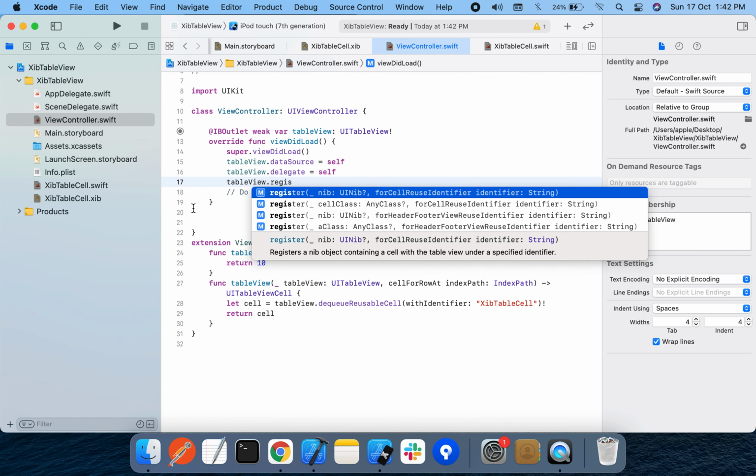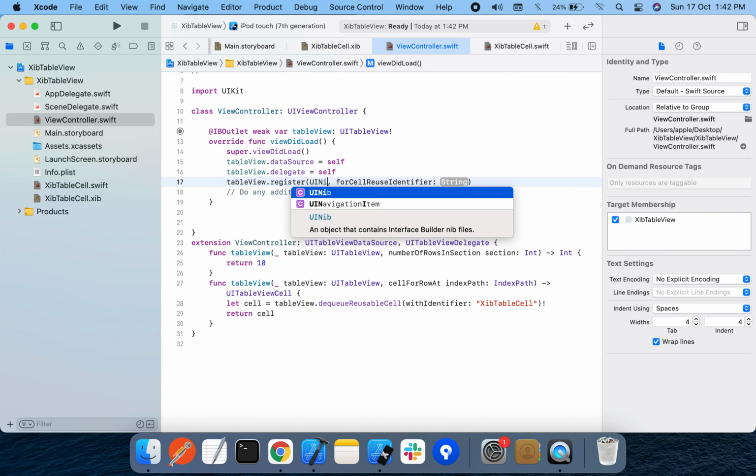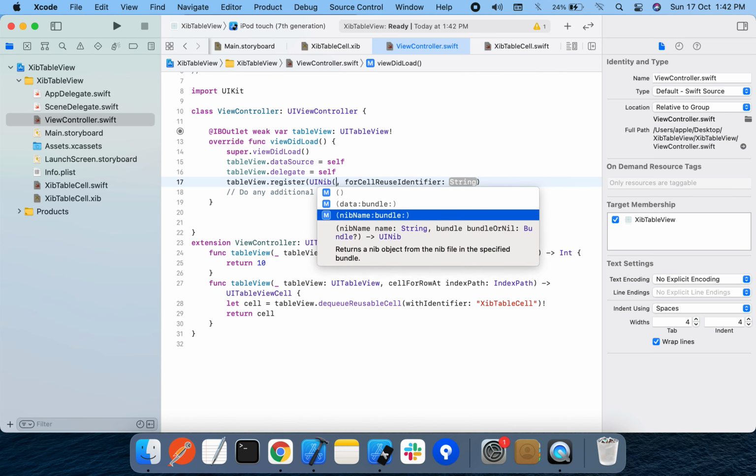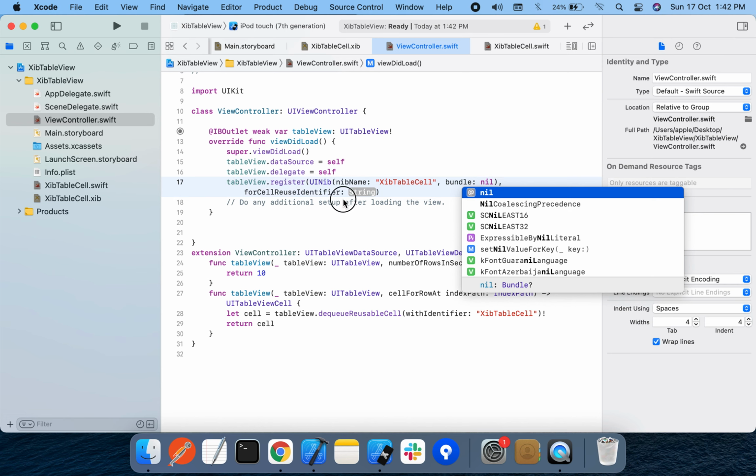So I am using the nib. Whenever we create XIB, it is termed as a UI nib. So we are going to use that constructor here. So I have created the nib name, I mean the file name. So whatever nib name, in the sense the file name which you created for the xib, that should come here. And bundle is now nil.